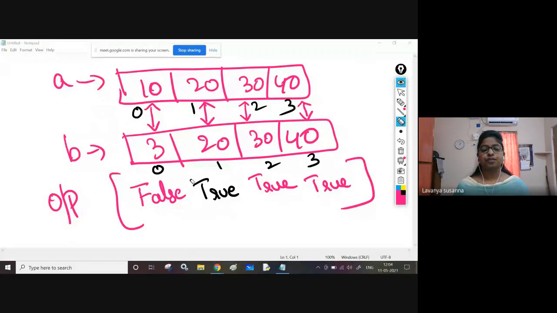Once again, see. Index wise, position wise, you are going to check whether the element is present or not in the other array. If it is present, you will get true. If it is not present, you will get false. Like this, you will get the array. This is the output. Now, I will execute and show you, so at that time you can understand well.